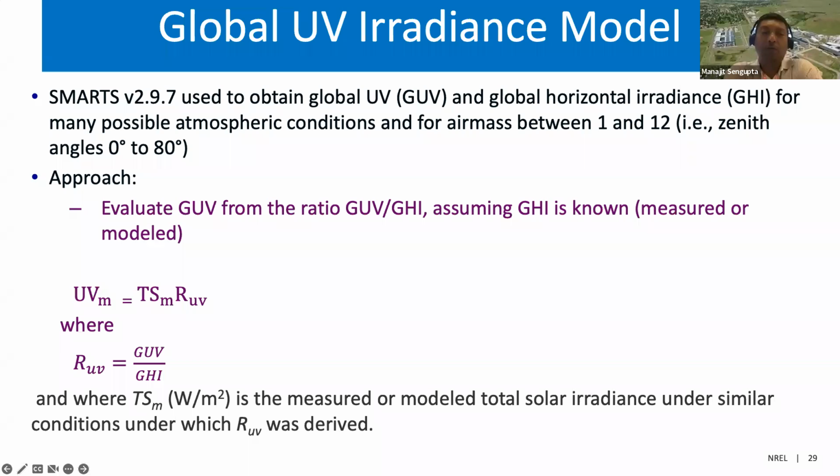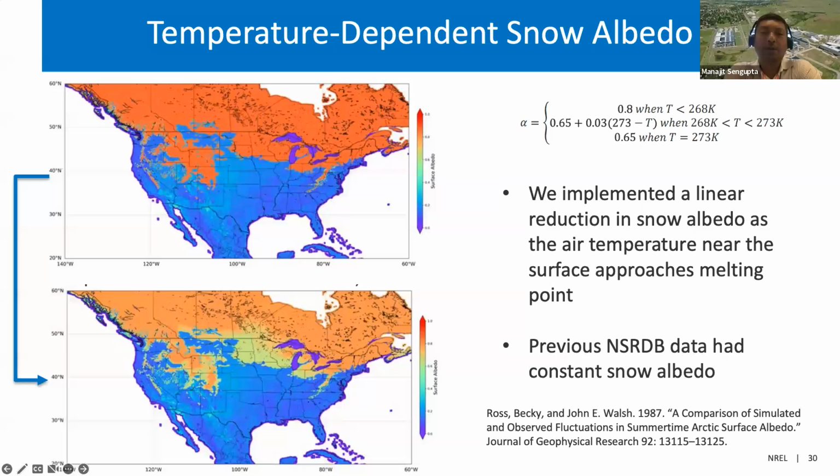We validated that model using actual ground data for a significant number of stations, and we found that the model is extremely robust. So especially if anybody is looking for UV dosage throughout the year, this is a very good data set to use for that purpose. Next slide, please. And then we have, as you said, what's new.